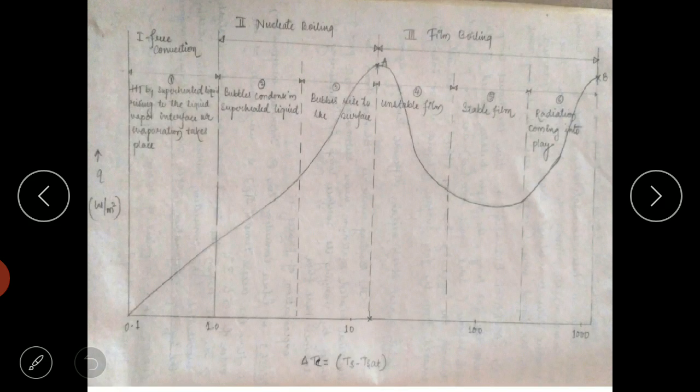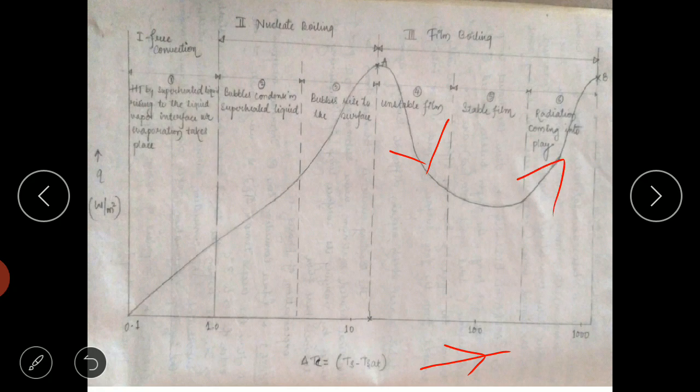So you can see there is a steep decrease in the heat flux, even if there is an increase in delta Te, the excess temperature. This is the reason why the heat flux is decreasing, because there is a vapor film created at the bottom of the surface, which will not allow the heat to easily pass through to the upper layers. So there will be slight resistance again at higher temperatures.